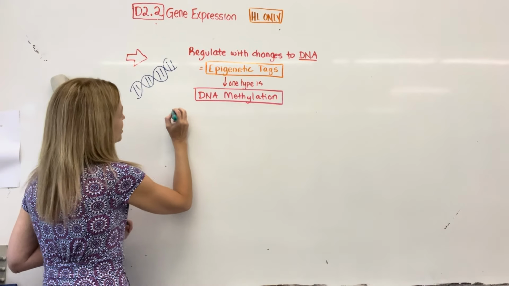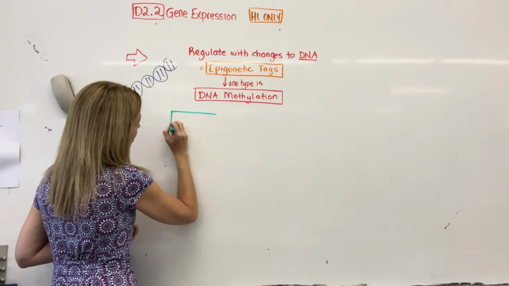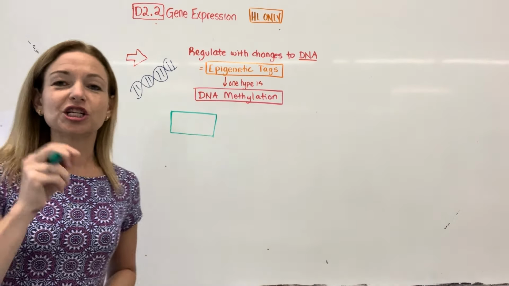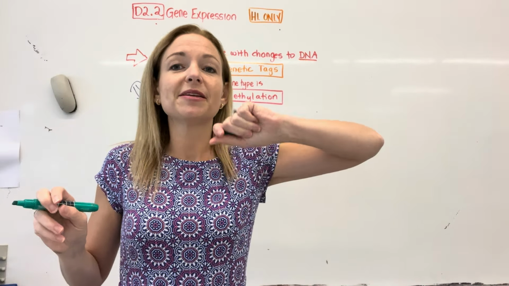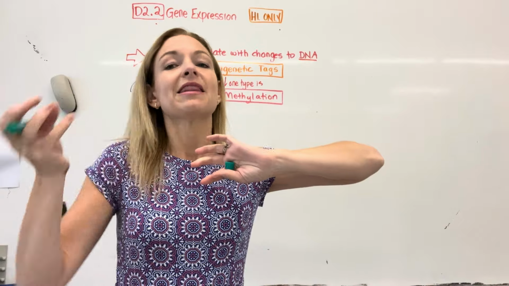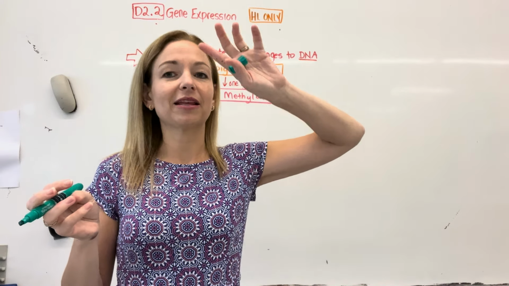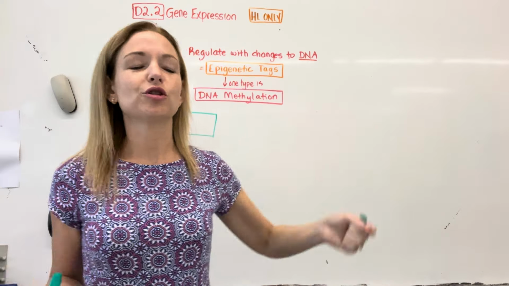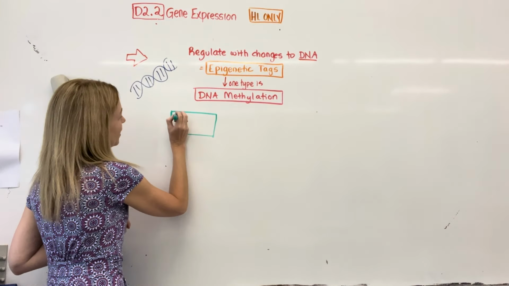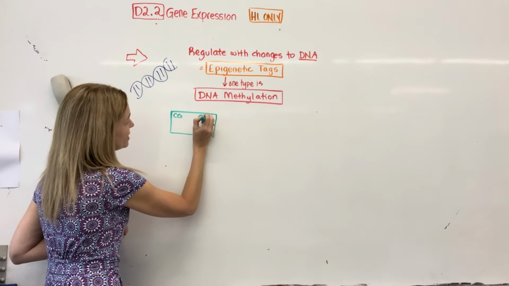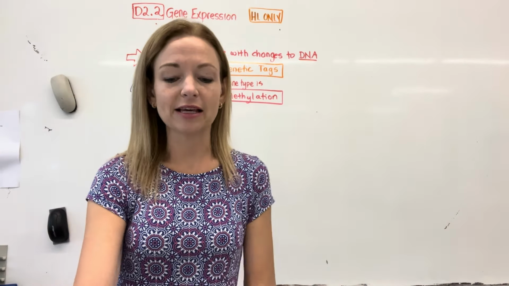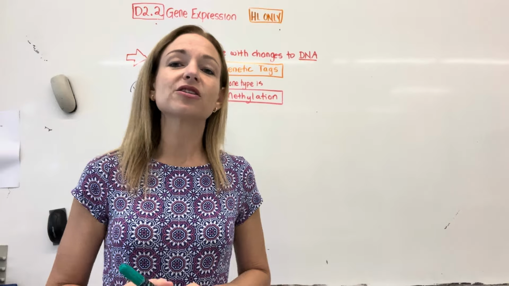So when we do DNA methylation, it can be at a couple different places. So we can actually do it gene by gene, or sometimes if there's whole sections of genes that a cell is not going to use, it will actually methylate the histone. So it'll go ahead and methylate a chunk of it as opposed to one by one. So some sort of kind of turning off. So DNA methylation can do different things. So it can, in some cases, actually increase transcription.